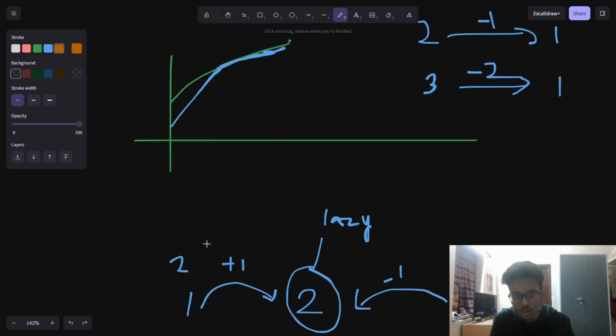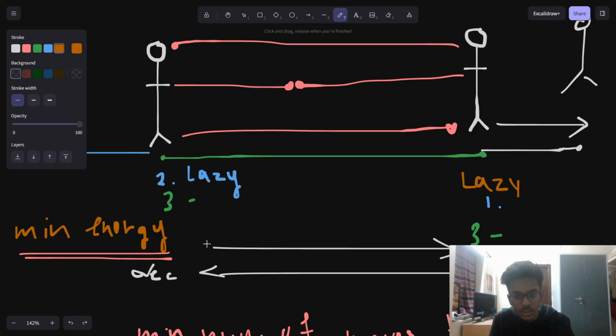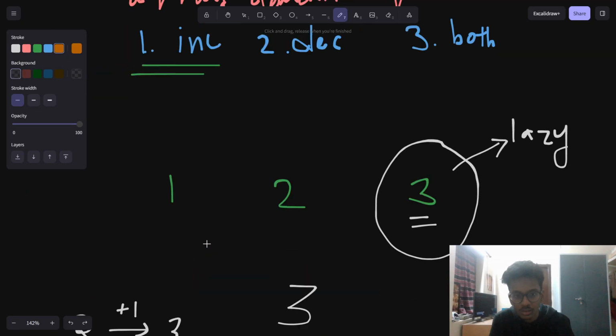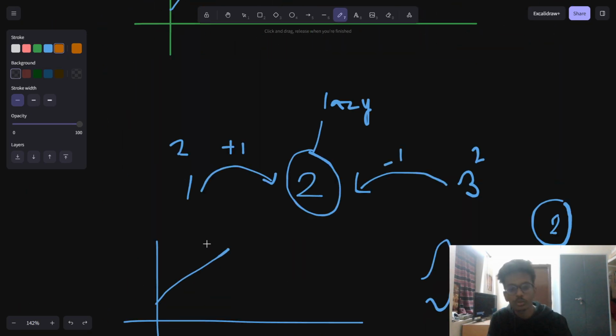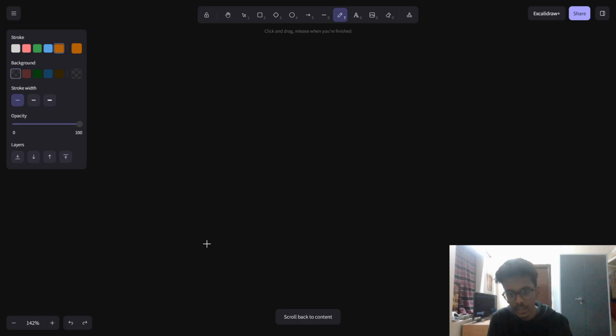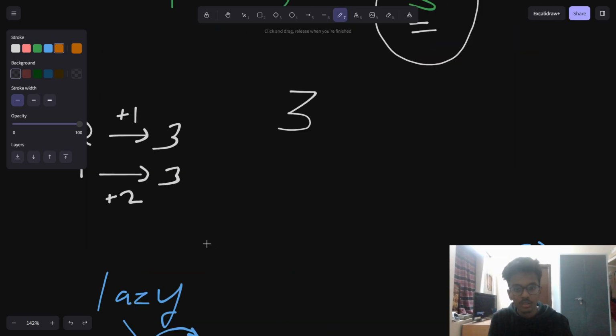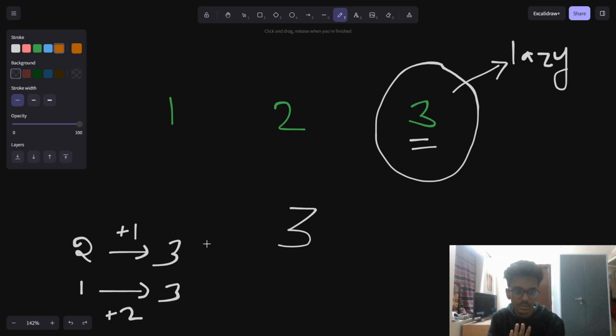So I hope this concept is clear. The main concept lies in picking the lazy element. Why are we picking the lazy element? If you increase the maxima, your trouble would increase, and if you decrease the minima, the trouble would increase, obviously. So that's why we are picking something as fixed,